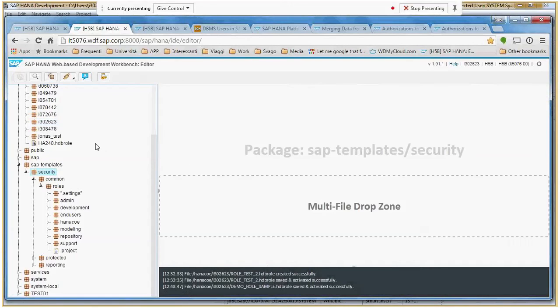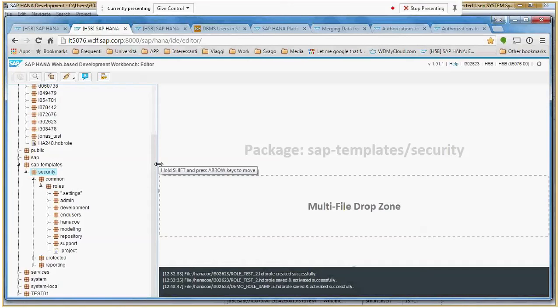Yeah, so that's really important. There are two main things. So obviously you can choose this. You can choose if you would like to have only one package with all your roles, including also the project-specific or application-specific role, or if you would like to have a central location. I normally use a central location, and also from an SAP point of view, that's better, because if we deliver some standard roles or some